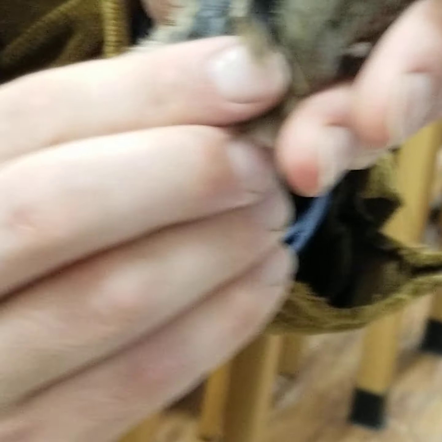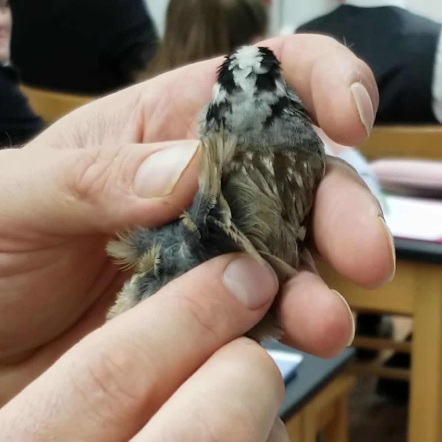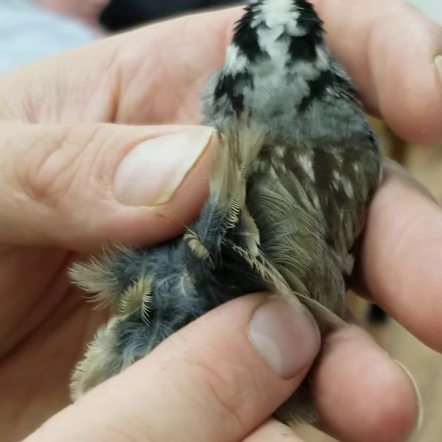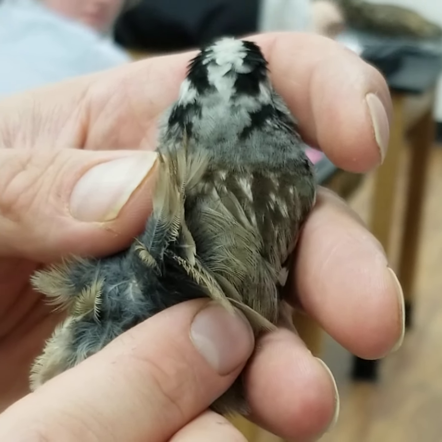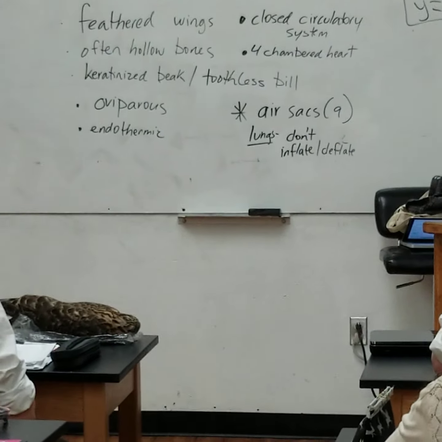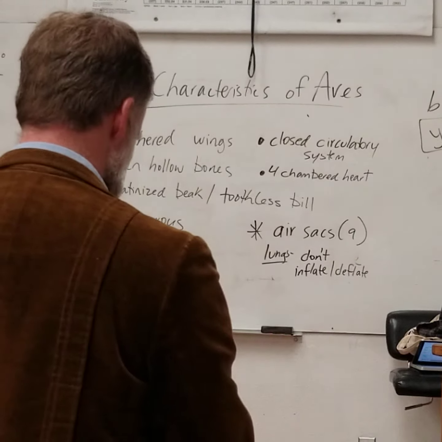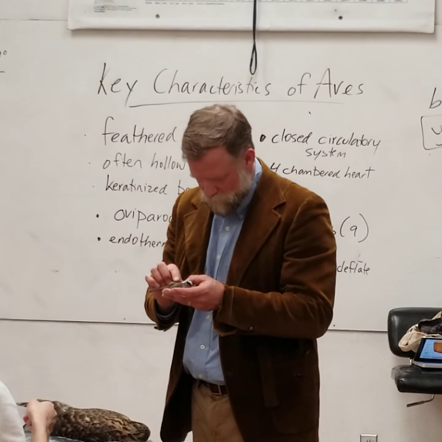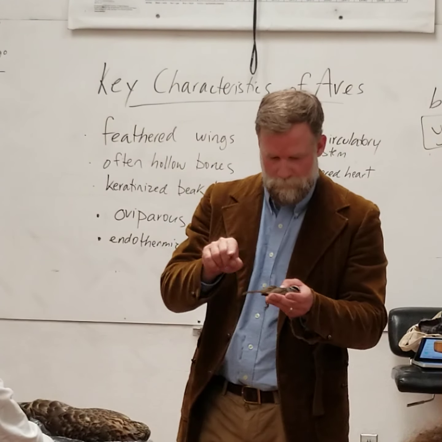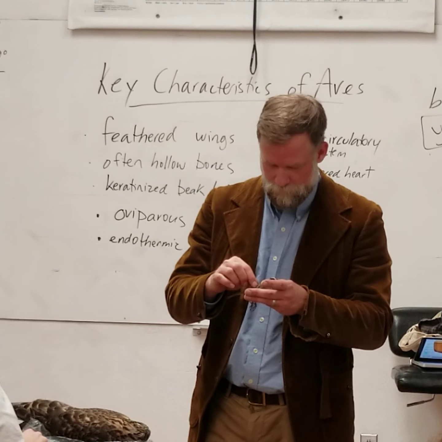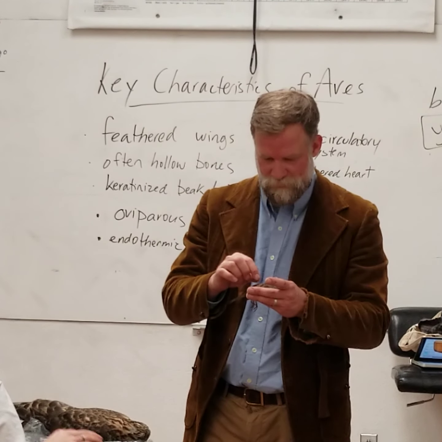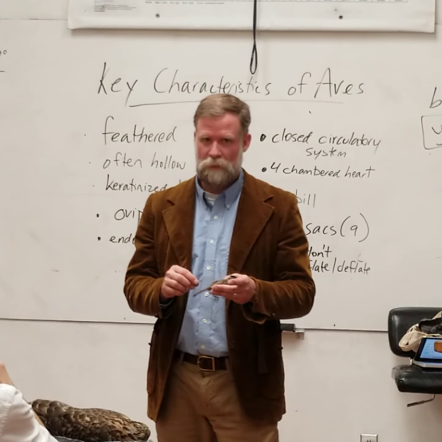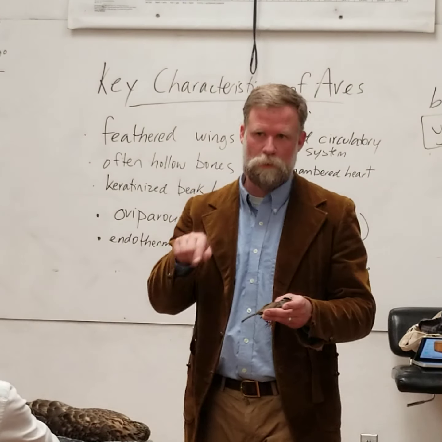Okay, so right about there, the preen gland, and you probably are getting a good look at those different parts of the feather as well. And if you guys have ever used a feather for any reason, you know that they're almost like a compound leaf. They are made of barbs, but the barbs have interlocking pieces as well. So if you look closely at this white-crowned sparrow, you see each feather has little tiny divisions all the way down the feather. And then those divisions are divided again. You can't see those, they're really microscopic. And that's what the bird is doing. It is preening to interlock all those barbules.